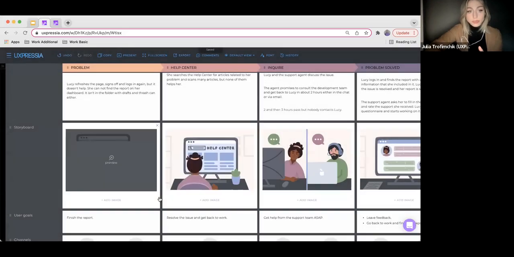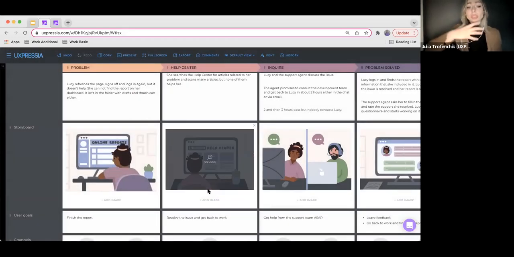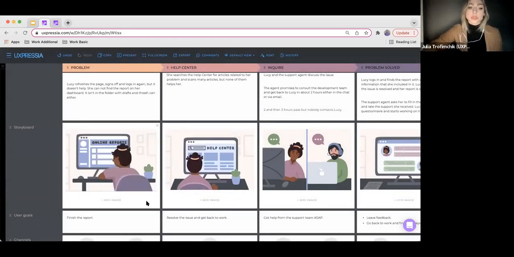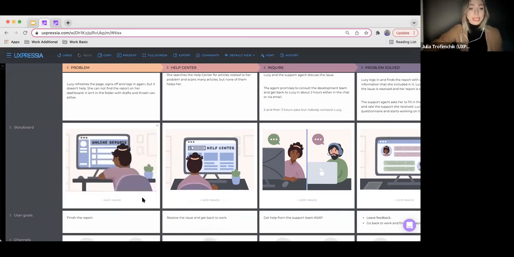We need this one. And again, you can preview this image. You can apply formatting on the map level already. So again, the same cropping, flipping, and resizing your image, adjusting it to your own preference. It's also possible to add some description under the image, to link it to some other source. So feel free to explore this as well.